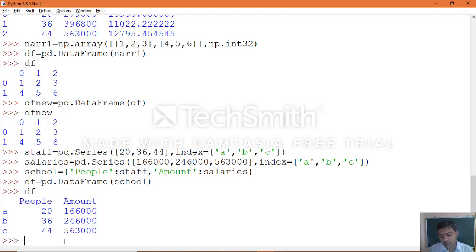Now we got the way how we can make use of 2D dictionary values with series objects passing to the data frame object, and creating a data frame with another data frame. If possible, we will see that.